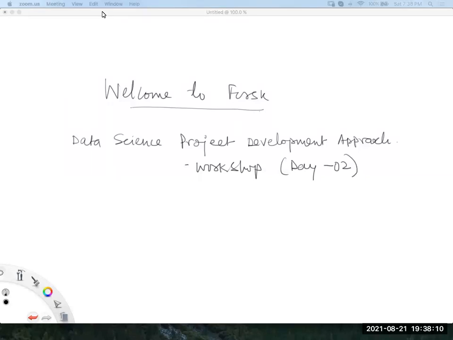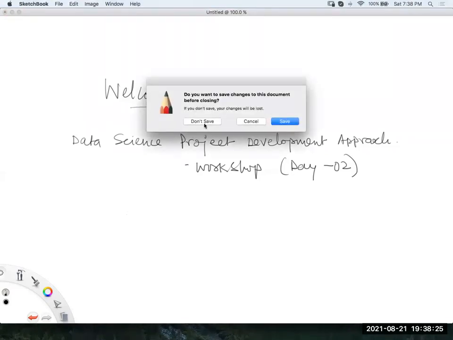So guys, let's get started with the review of what we have done yesterday. If you remember, we started our session to understand what exactly machine learning is. For that purpose, we did a formal introduction of the machine learning concept.